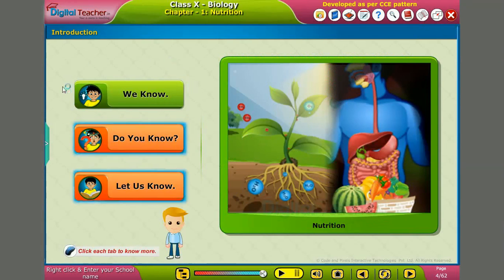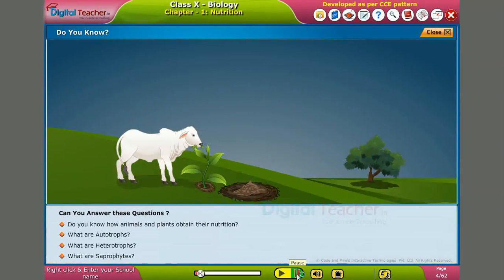After closing this button, now you can see here this turned into green color, because we have already seen this button, we have already gone through this button, so it turned into green color. So now we'll go to this button, that is "Do you know". So this "Do you know" button,